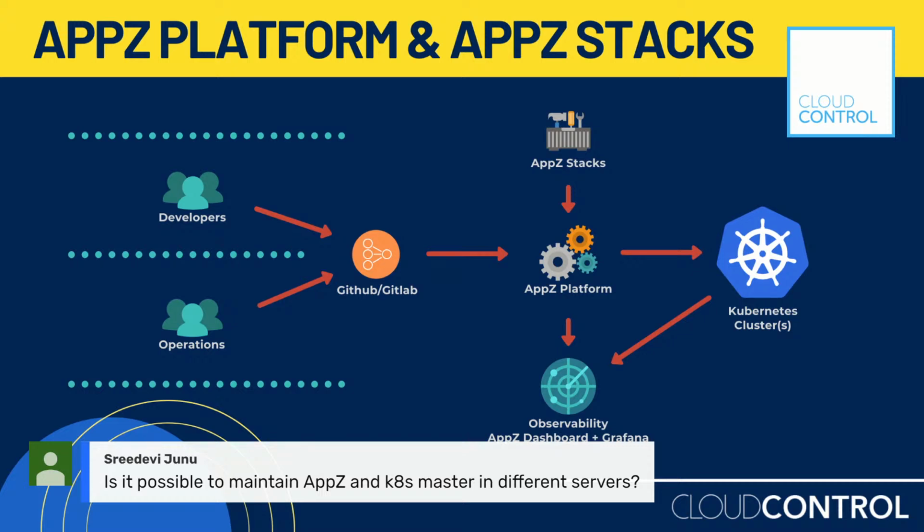We want to reduce the footprint to begin with. So AppZ can run on a different master than the K8s cluster, but in smaller footprint installations, we tend to keep it in the same. And that's what we are doing today. In our demo today, it's a single master for both K8s and AppZ, but in the production large deployments, we encourage our customers to separate them. That's a very good question. And moving on to the next question,